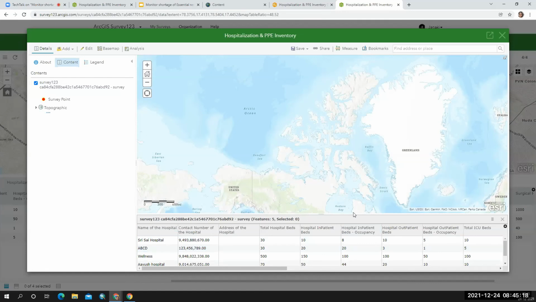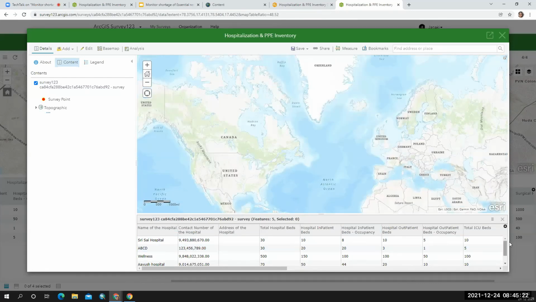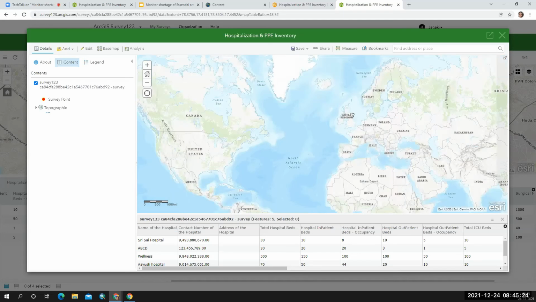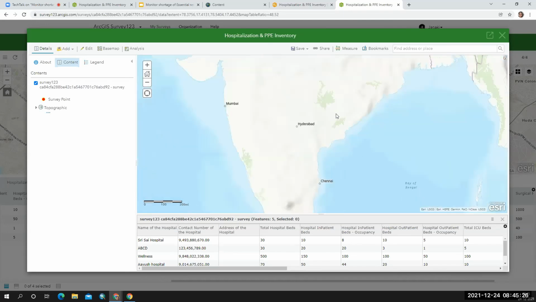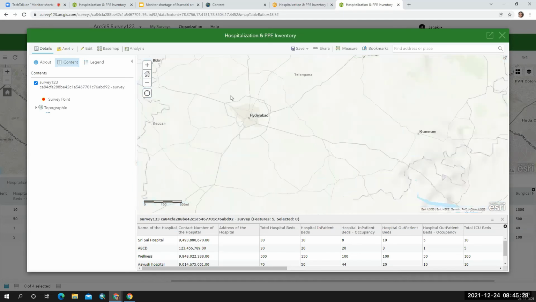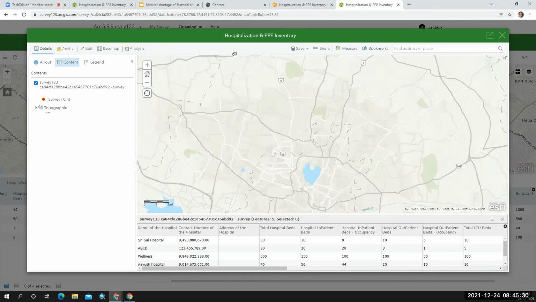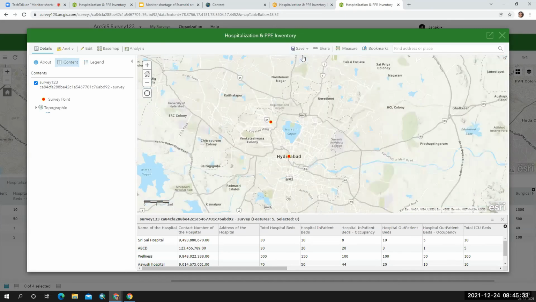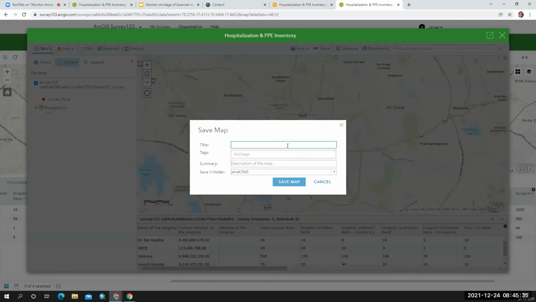This is all the data which we have created just now. Okay, let me save this information.